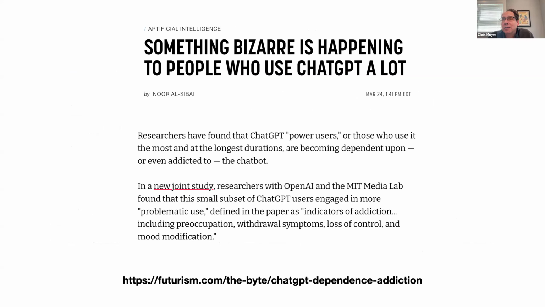Speaking of which, people who tend to use ChatGPT a lot, the super users or super consumers, like people who ate at McDonald's every day, power users were studied by the OpenAI team and MIT to figure out not only how they felt about the chatbot, but also what sort of affective cues, meaning aspects of interactions that indicate empathy, affection, or support, they used when chatting with it.